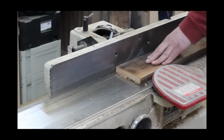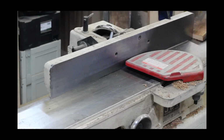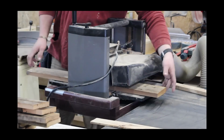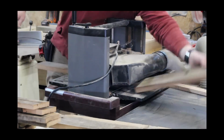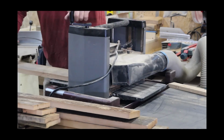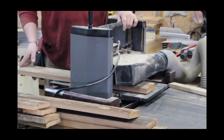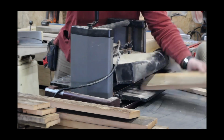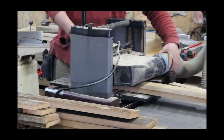I took hours to flatten and surface all of these pieces, so that way I had an inventory of rough sawn reclaimed wood that was down to something close to 3/4 of an inch by 4 to 6 inches in width. So just like any type of wood, you want to surface it on the jointer first,